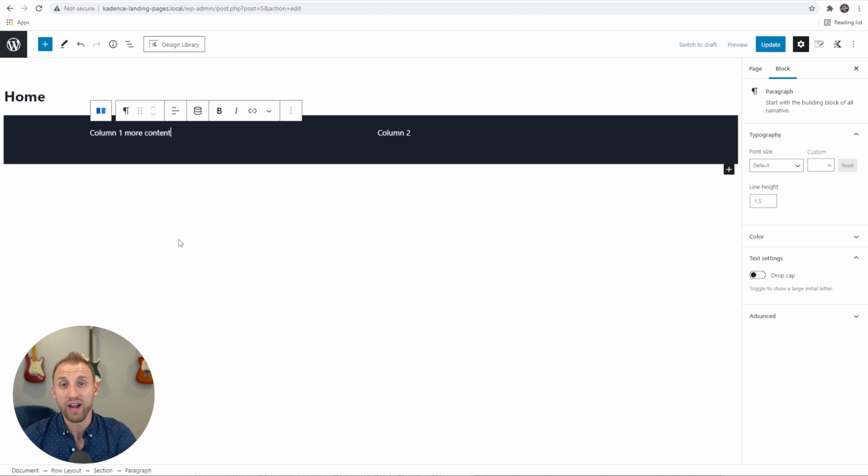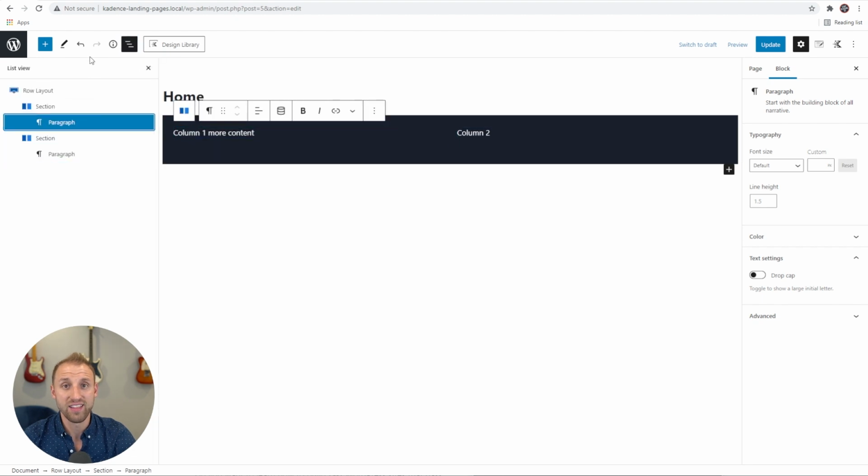But even better, I like using this even more now with WordPress 5.8. The list view got a massive upgrade, and it's super nice to show you how your page is laid out. And that's this button right here, which is list view. And if you open this, you'll get a nice left sidebar, and it'll show you all of the blocks that